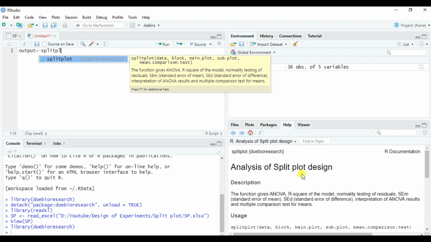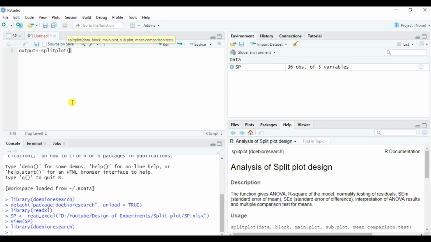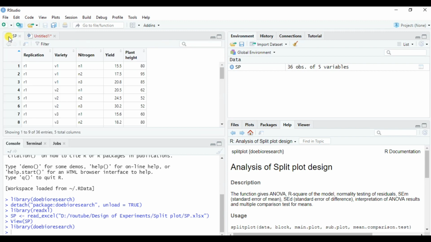This will open this split plot function in the help. Okay, now let's complete it. Here it is showing that the first thing is data, that is our dependent variable. Just open square bracket. Now our dependent variable is located in the